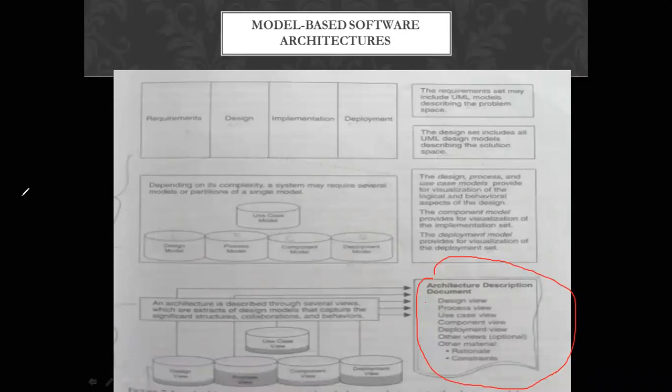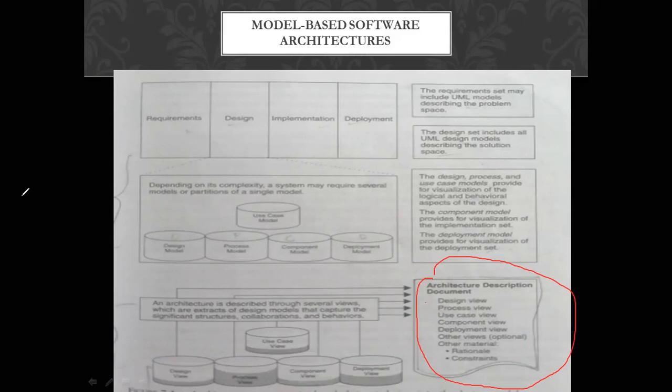The ultimate objective of the engineering stage is to converge on a stable architecture baseline. So what is this architecture baseline? That also I will tell you, some of the terms we have to remember. So then we will move to the next slide. I will explain this term to you, architecture baseline.